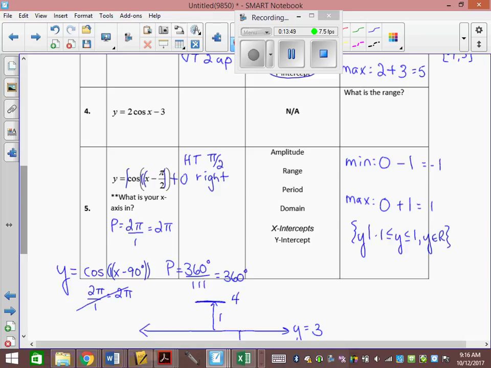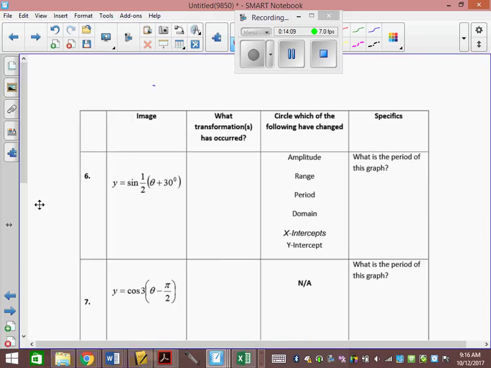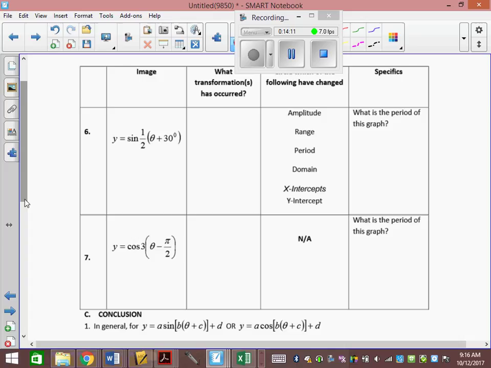So if your c value is in degrees, your period has to be in degrees. If your c value is in radians, your period has to be in radians. Okay? And your c value will let you know, because your c value will have the degree symbol or it'll be in radian measure. So for this one,